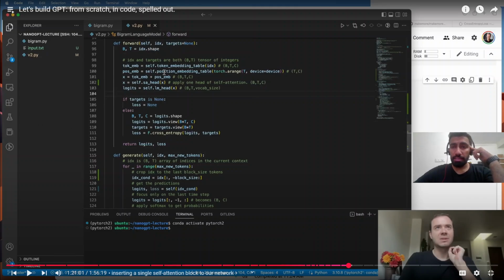Let's do it in the next iteration, and I will try to get the VS Code up and running with